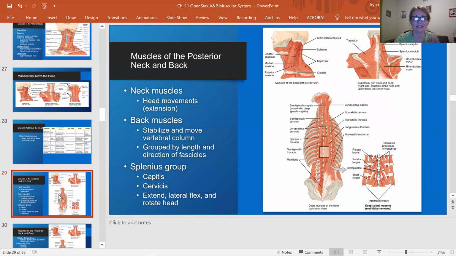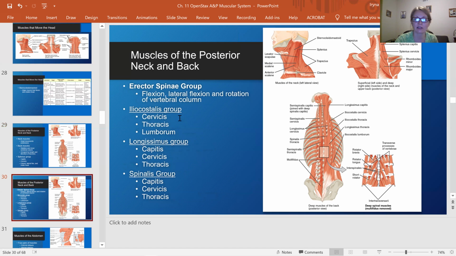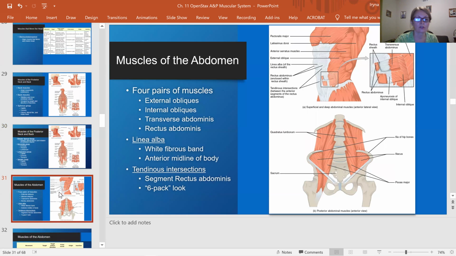Then we talked about deep muscles of the back, and those muscles stabilize your vertebral column. And you would say, how about all this, like trapezius, latissimus dorsi, rhomboids? Those muscles are found on your back, but they are actually involved in movement of your shoulders and your arm. So that's for the next video. So deep muscles of the back. Remember, we have this erector spinae group: iliocostalis, longissimus, and spinalis. We also talked about